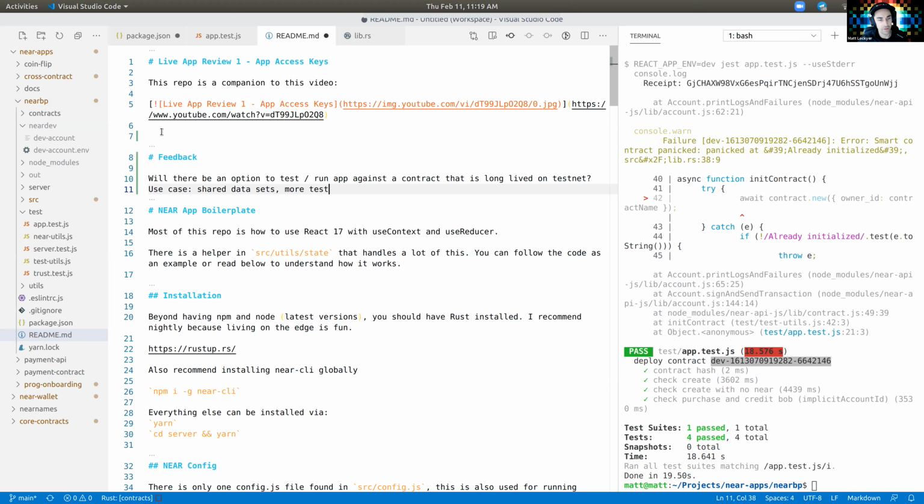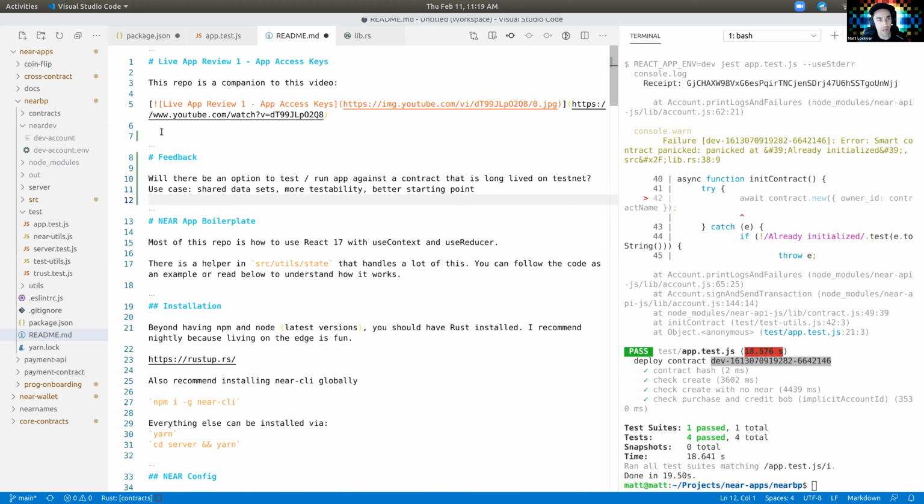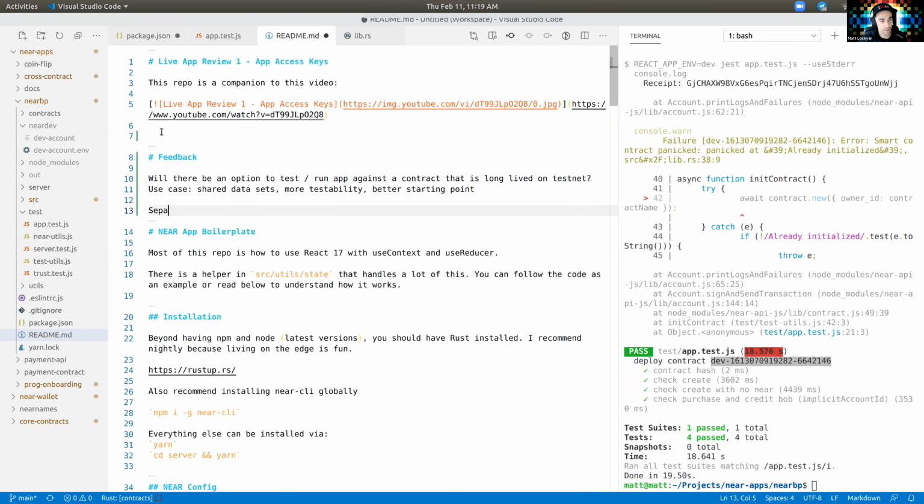I guess, like, a shared data set, more testability, a better starting point. Yeah, it makes sense. I'm actually kind of interested in that. So maybe a separate